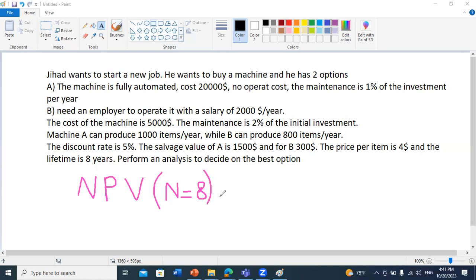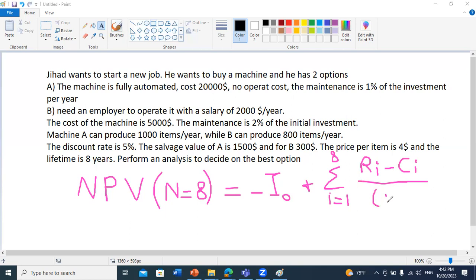Okay, so we have the NPV is equal to 8, and we have that first the cost for year 0, so it's minus I0, plus summation from 1 to 8 of the income, so RI minus CI, over 1 plus A to the power I. And sometimes if you have, let's say, a short lifetime, and for example 8 years is